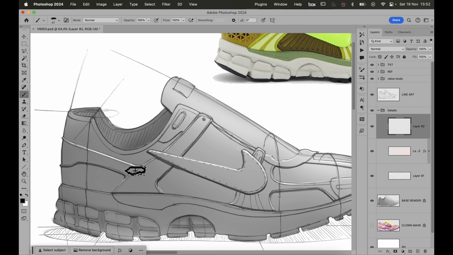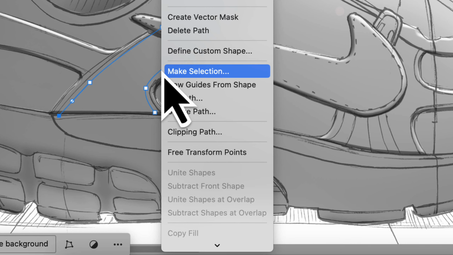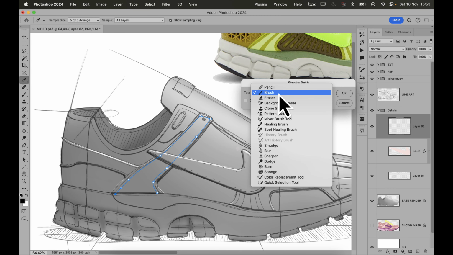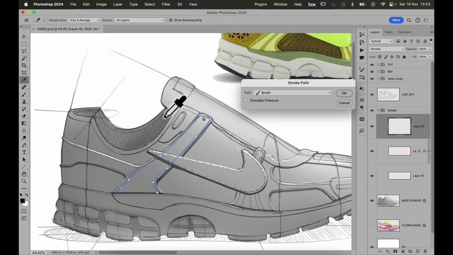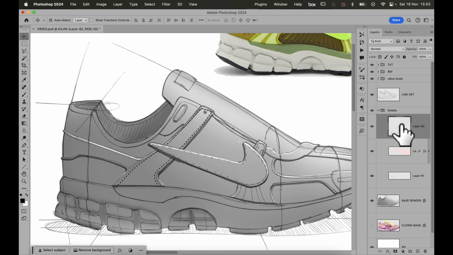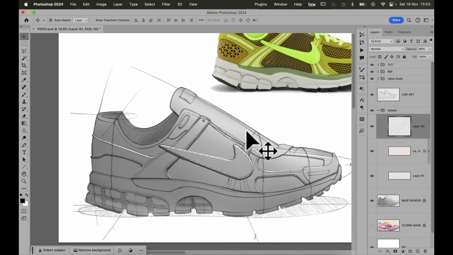And so I can actually just go in and I'm going to make them a bit smaller. So this is really hard, especially without the Wacom tablet. So I can actually go and make a path. And I can right click and then say stroke. It's going to ask me which tool am I stroking with. And I'm answering brush. And okay, and of course just erase what I don't want. And also lower the opacity a bit. And I can build up details in this way.